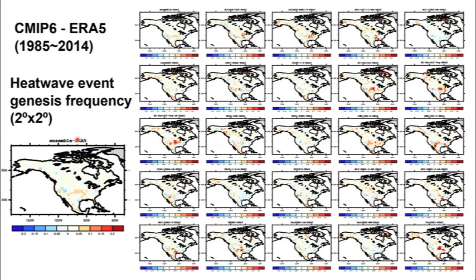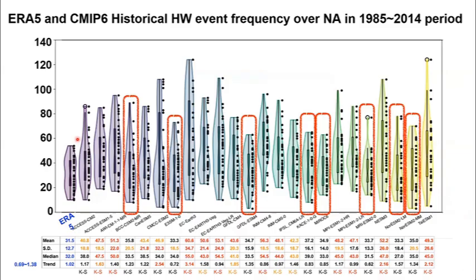Okay, and this is the difference between the two. You can probably say that the models are producing somewhat more event frequencies, especially in the central North Pacific toward the south half. Okay, but each individual model is different. Okay, and then in this case, you can try to look at all of the different years from the models and from ERA5.